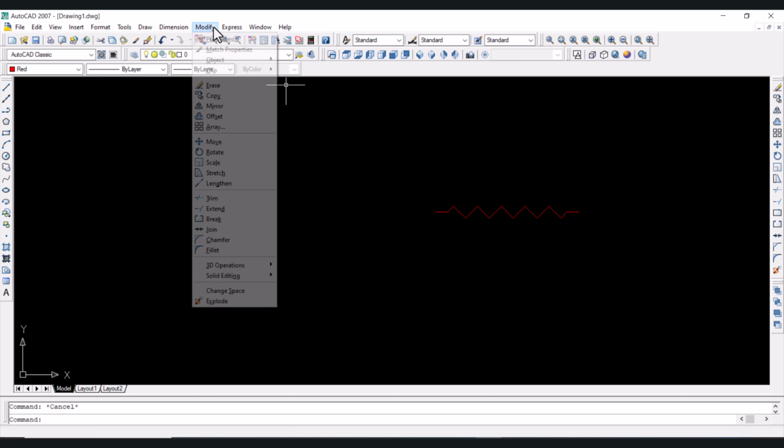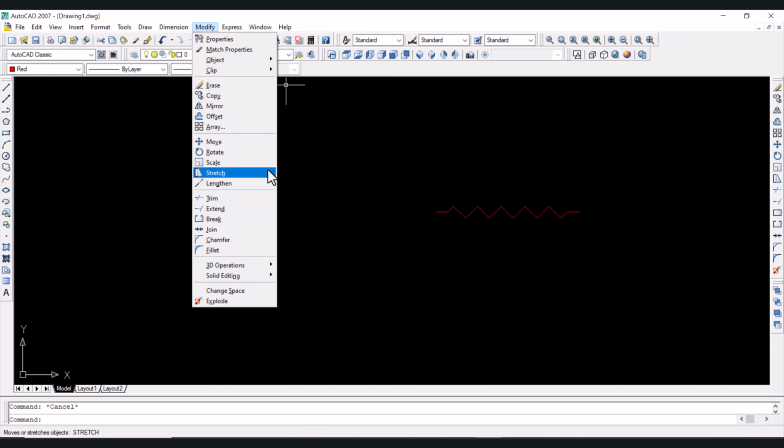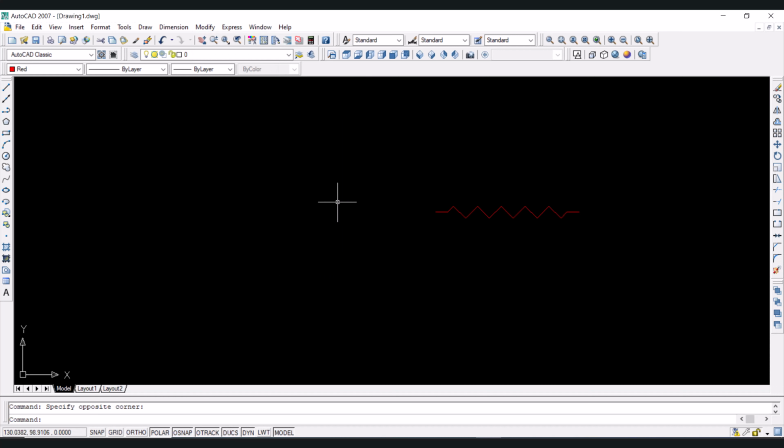So these were some of the important commands like trim, extend, break, join, chamfer, fillet, and the last one was the explode option. So if you still have some questions in these commands or if I missed something,